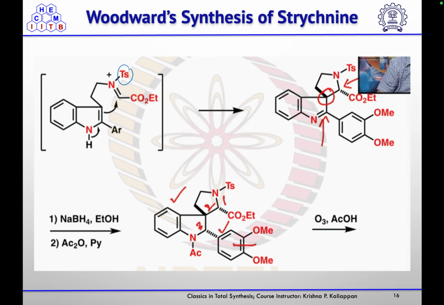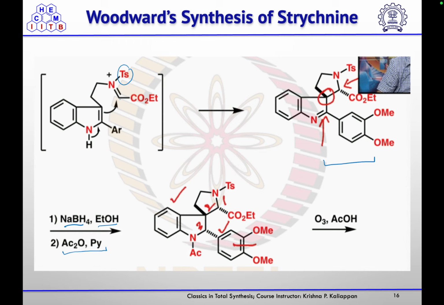Then here, like at the third position again, that managed reaction will take place to give you this corresponding imine. Then for the reduction of imine, they treated it with NaBH4 in the presence of ethanol. So this they reduced, and then on treatment with acetic anhydride in the presence of pyridine, they did N-acylation. After getting this molecule, here they are able to introduce three chiral centers in the central ring.